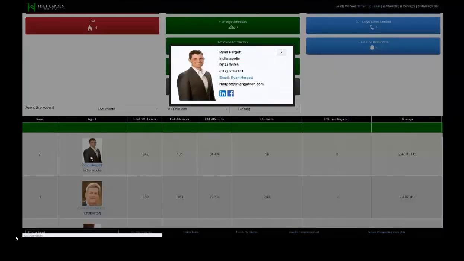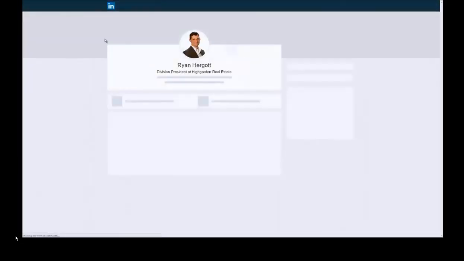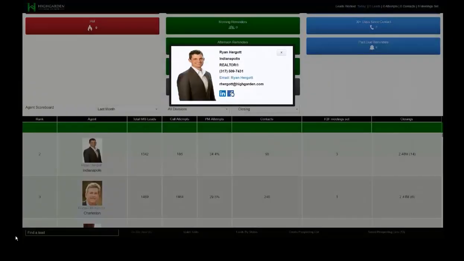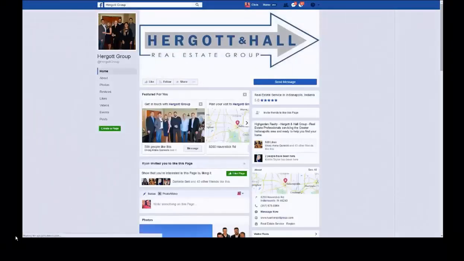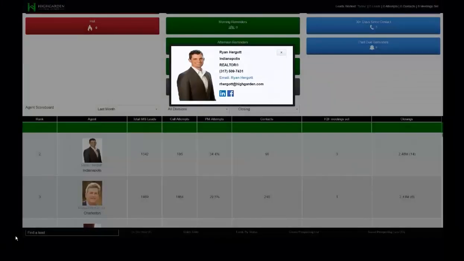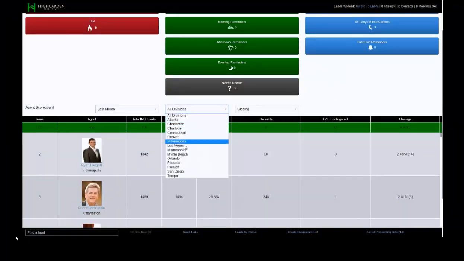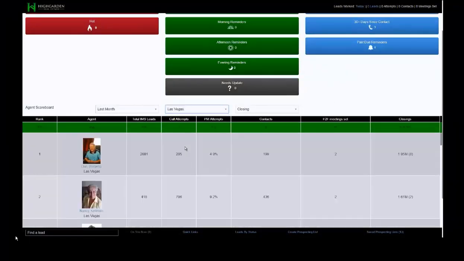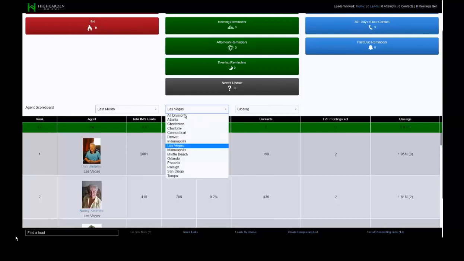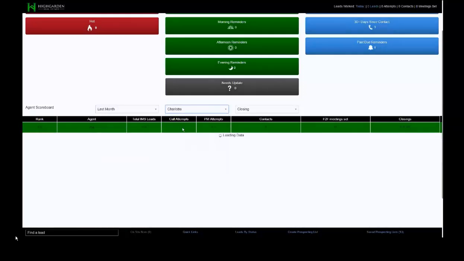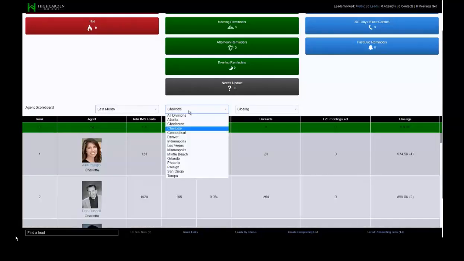You could click on an individual, pull up their contact information, click on their LinkedIn profile, if you have one set up in the IMS, or their Facebook. Reach out to some of these top producers, become friends with them. Maybe you can pick up something that they're doing that you may be able to implement in your division. Once again, you can sort and filter by Las Vegas. Maybe you want to look at top agents in Charlotte,